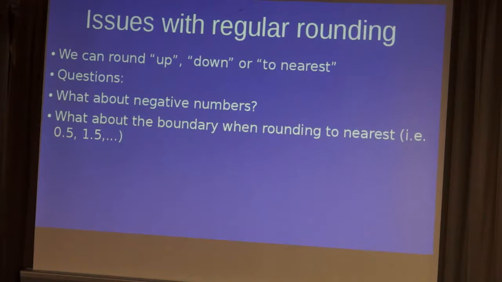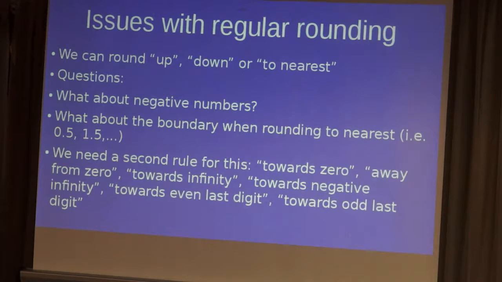And then there's another thing, that, as I said, is with a boundary, because there's this half thing. And of course, when you do the half, then you have this rule, okay, 1.5 is rounded to 2 usually, but that's something that we actually have to define. So when we already round to nearest, then we have to add an additional rule what we do with the half. Yeah, and there's again towards zero, away from zero, and these things, only for the half, the rest is going to nearest. But we can also do things that we round towards odd or even digits,